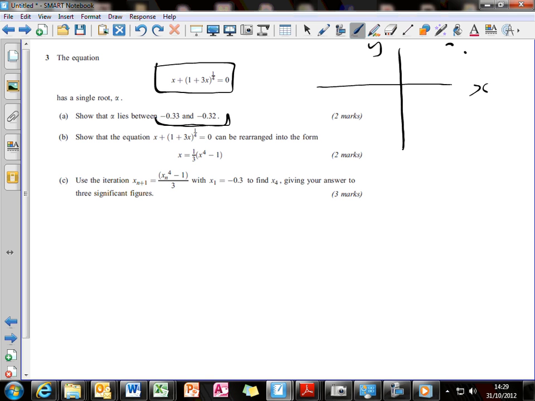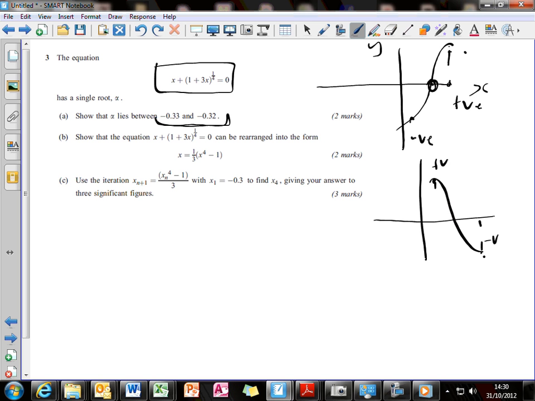and it's a continuous function and it cuts somewhere, some value of x that's going to be the root, then I just put in a value a little bit to the right of my answer, and it should be positive. This curve should be positive at that point, and then it should be negative at this point here. Or if the curve cuts like this, it should be negative at this x and positive at this x over there. Okay, so what we're going to be doing is we're going to be putting minus 0.33